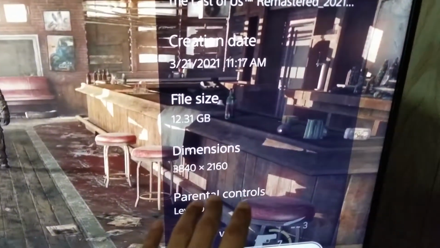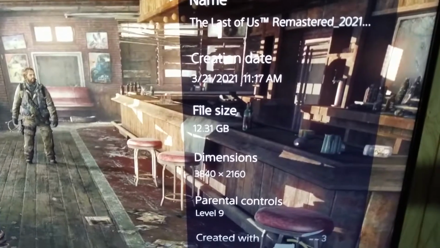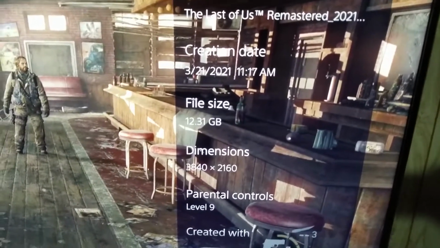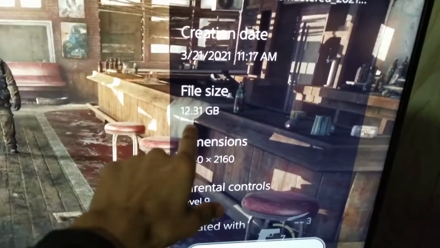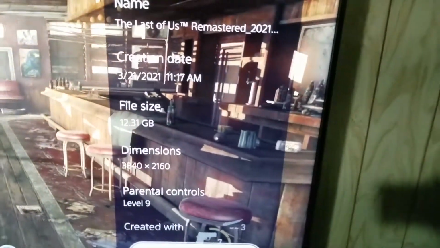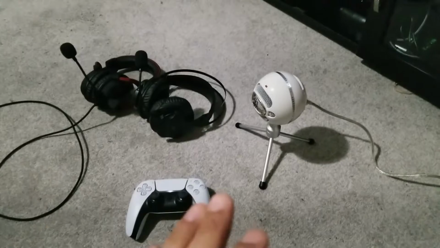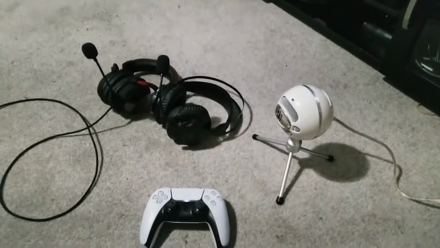But you can see here, this is 100% uncompressed gameplay recorded directly by the PlayStation 5, and you can see the file size. So for this video to be this big, the bit rate has to be fairly high. All right, now the last portion of this video that I'm going to talk about is microphones, and